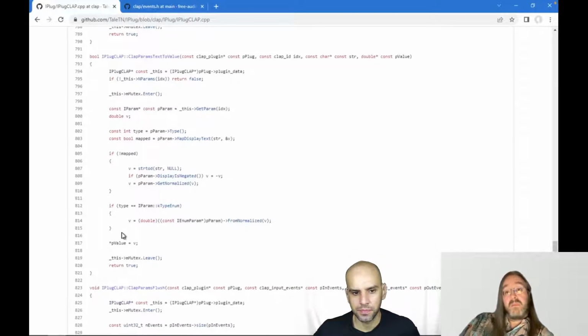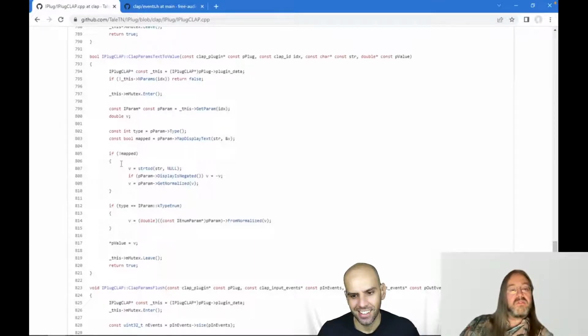And then text to value. Yeah, the opposite. So if you type a value, some hosts allow you to do that. I don't think REAPER does in the generic UI, but for example, Bitwig does, so there's a function for that. Oh, interesting. I wonder if you can type in values outside the declared range. Nope. Ah, okay.